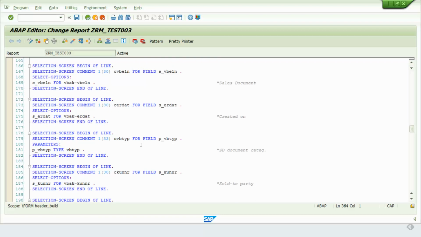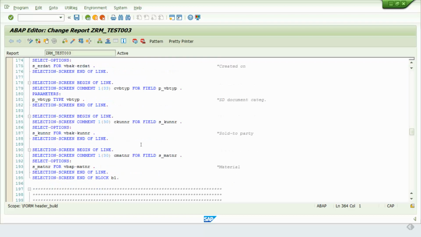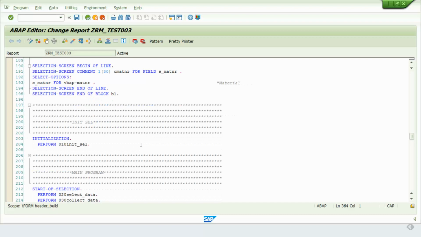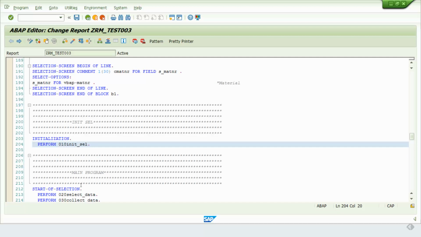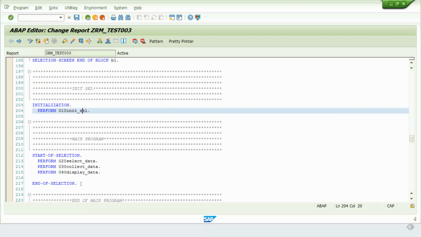It generates the selection screen for you. It populates the name for the selection element. Now we see the main program. You see the beauty of the MVC approach. This report is architected